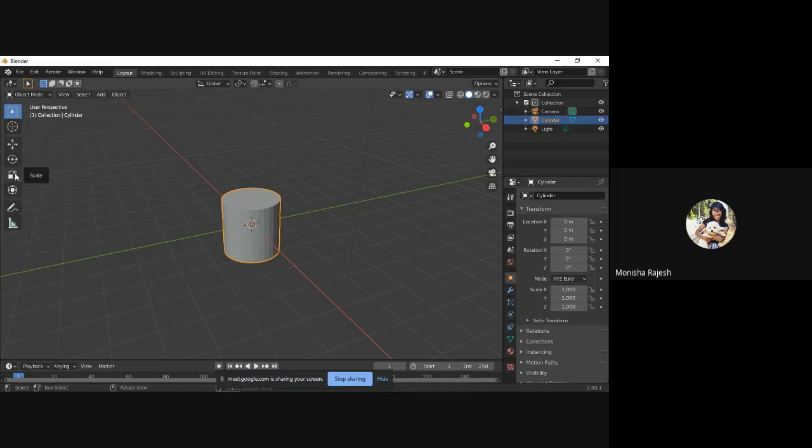The last thing we have to cover is scale. So to scale, all you'll have to do is press S. So this is just scaling the whole object. If you want to scale along a particular axis, again, the same thing. So this is along X axis, this is along Y axis, and this is along Z axis. And if you don't want to make any of these changes, just right click. So it undoes everything. So those are the basic actions that you can do with any object that you put here.